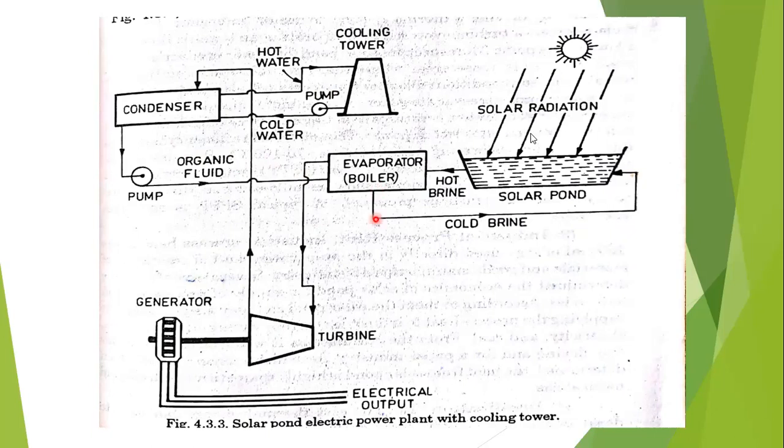Some of the cool water enters the cold brine, and from the cold brine it enters the solar pond, and the remaining forms into vapor and again moves the turbine, and we get electricity. This is the cyclic process. A 2000 square meter solar pond equipped with a 20 kilowatt engine has been constructed in Australia using this Rankine cycle.